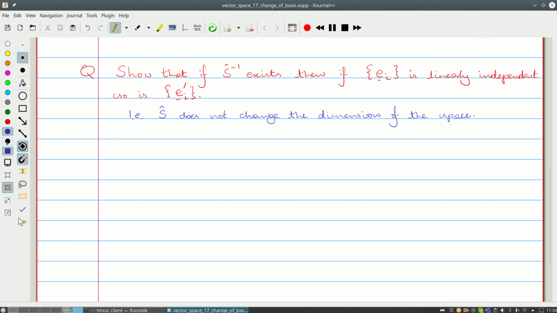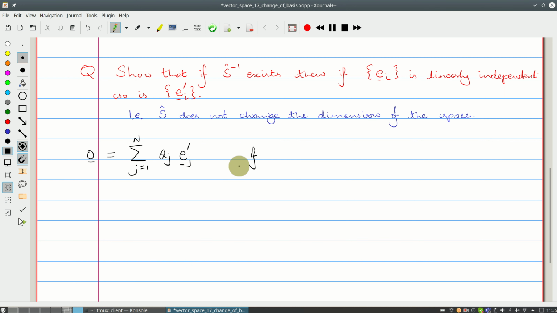Let's think back at our definition of linear independence. We say that a set of vectors is linearly independent if, let's remind ourselves, you try to make a linear combination like this, the sum with j going from 1 to n of a_j e_j, and I'm referring to this prime set here. If you set this to be the zero vector, then this set will be a linearly independent set if